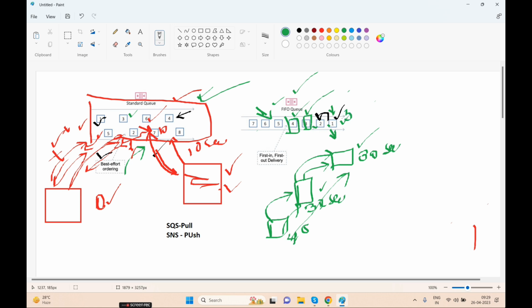If a maximum of 3 to 4 tries happen, by default it will move to the dead letter queue, but the queue will be disturbed because the second, third or fourth request is dependent on the first request. That's why using a dead letter queue in FIFO is not good, or it's not the same way we use it in the standard queue. There are some changes in the standard dead letter queue compared to FIFO.